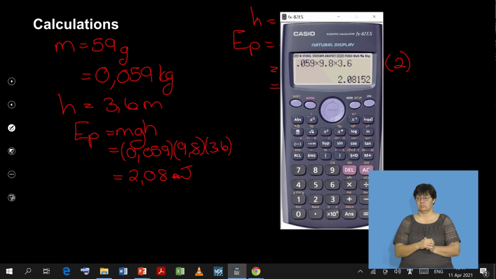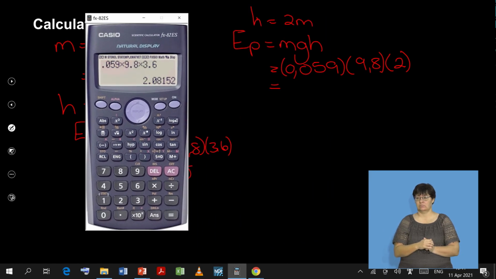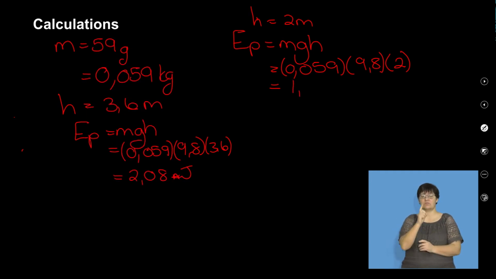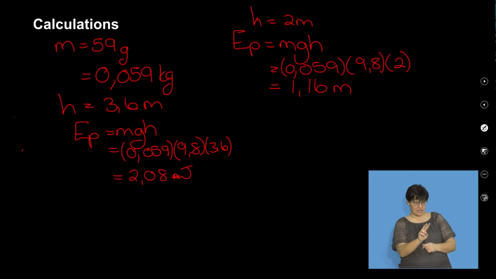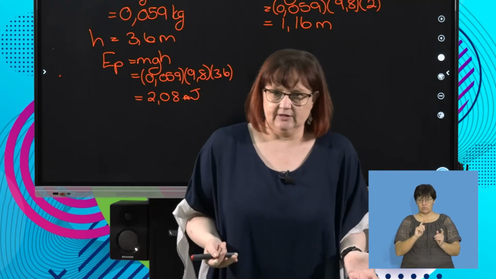Have to use our calculators. So 0.059 times 9.8 times 2, and we get 1.16, because we're going to do 2 decimal places. Now, here we can see that I changed the height, so I changed the potential energy,